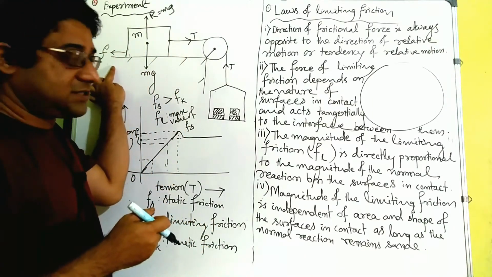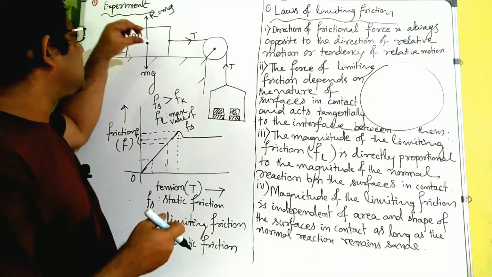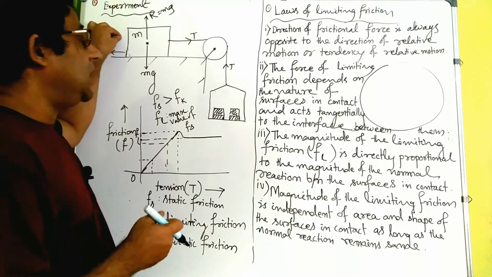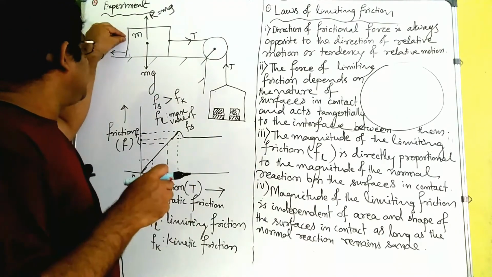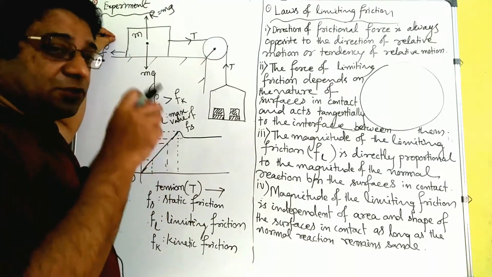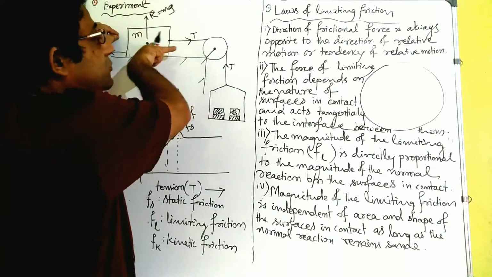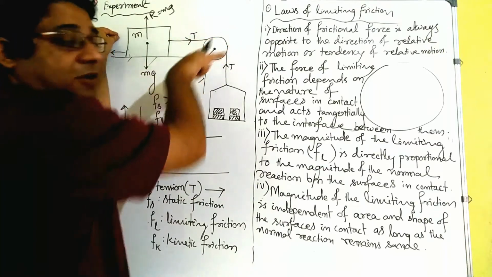force was opposing it. But at the same time, in this experiment only, if you pull from this side, then also the same thing will happen. Till you pull with a certain particular force, below that it's not moving. That means then frictional force is in the opposite direction. This side frictional force is acting.